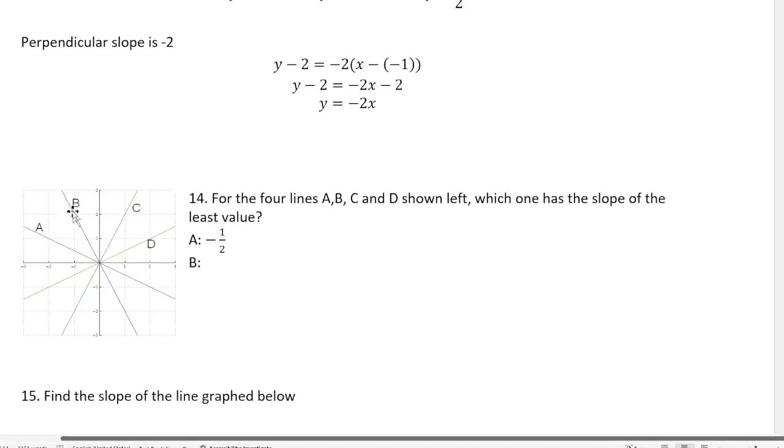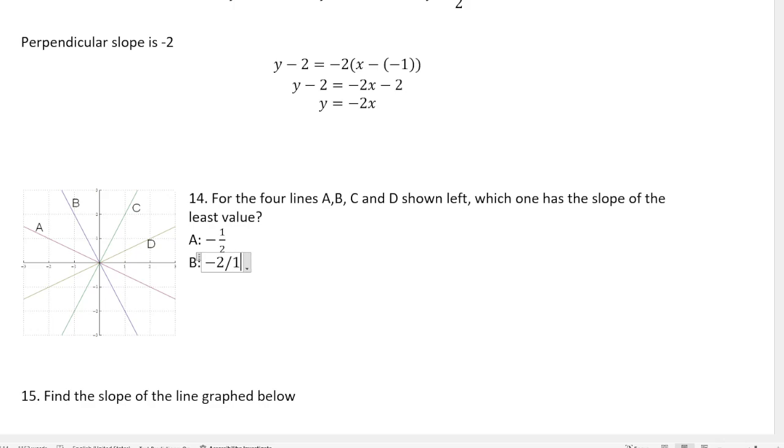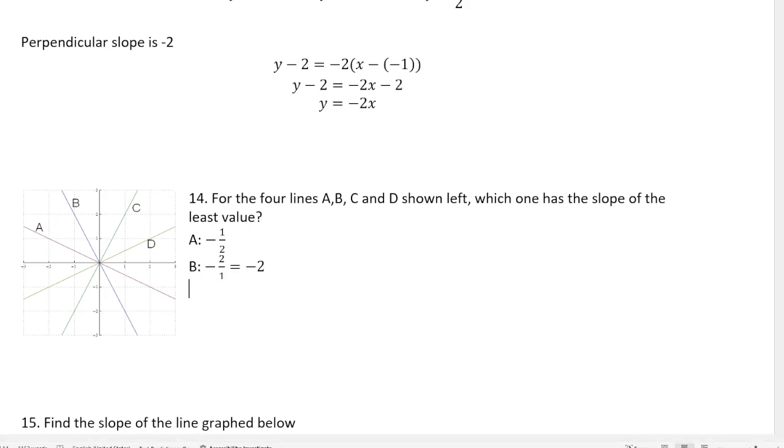So here you go down 2 and you go right by 1, so the slope will be negative 2 over 1. Rise is negative 2, run is 1, so it's negative 2. C